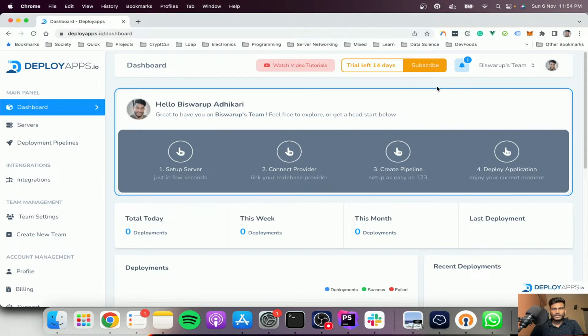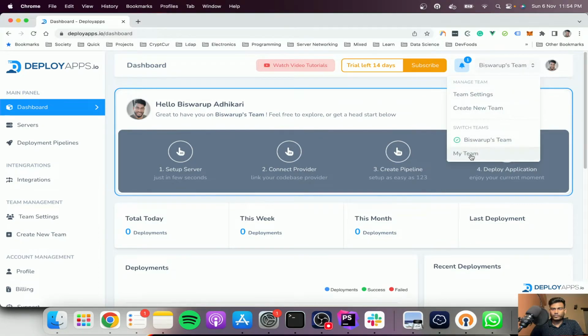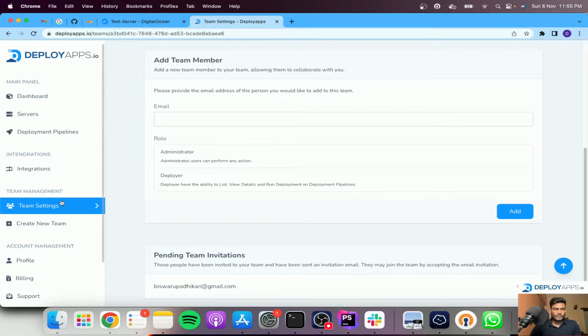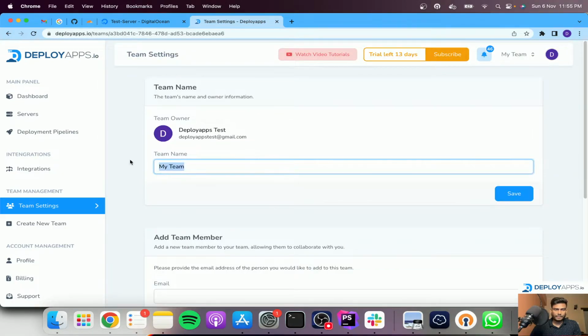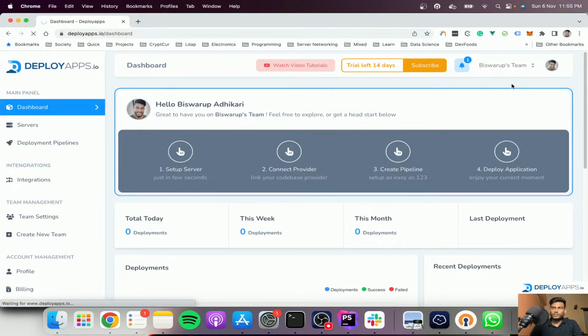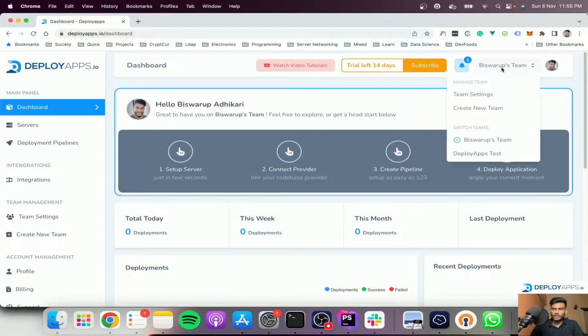So once you accept that, you have 2 teams. So let me change the team title so that you can identify easily. Now if I refresh, this user actually has 2 teams. One is our own team, another is invited by this user. So if I click on this one,